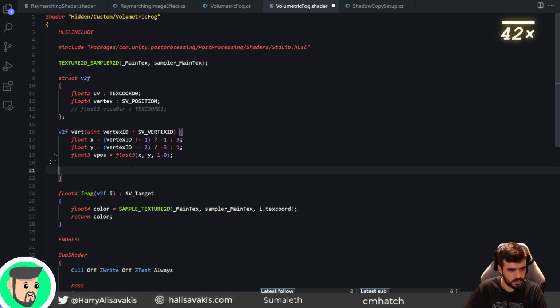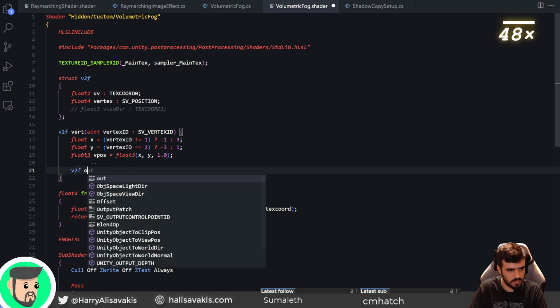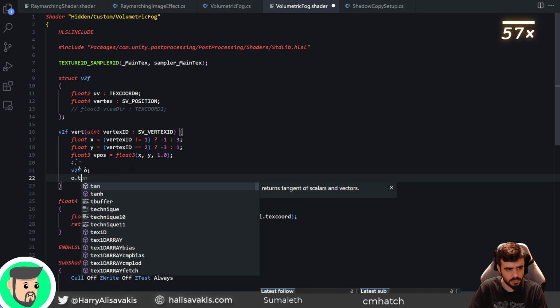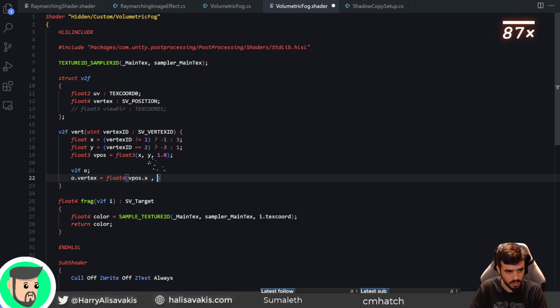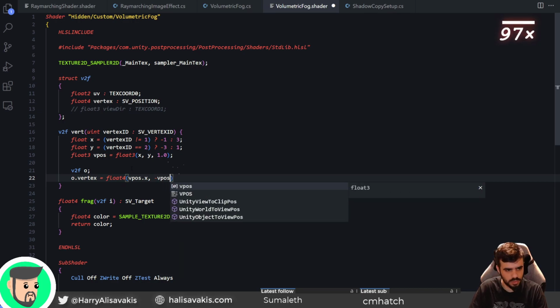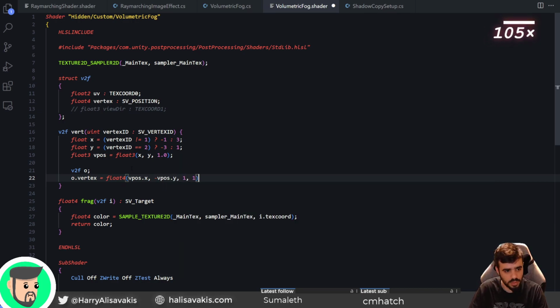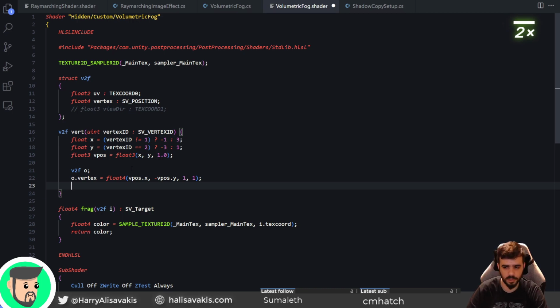And let's skip that for a moment and just save. O vertex is going to be X. I'm not actually sure of what I'm doing. This I believe was from some code by K0 about inverse projection, basically to reconstruct world space position from depth in a post-processing stack effect. So yeah,